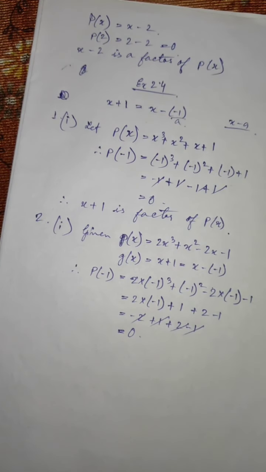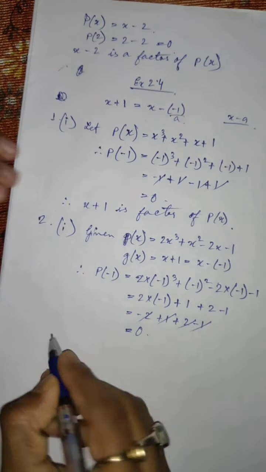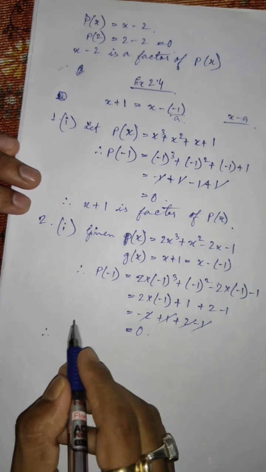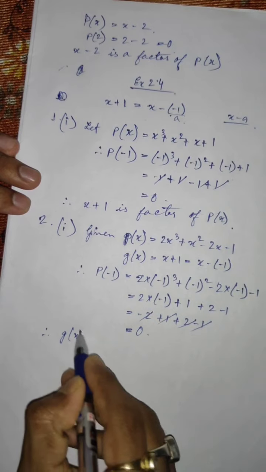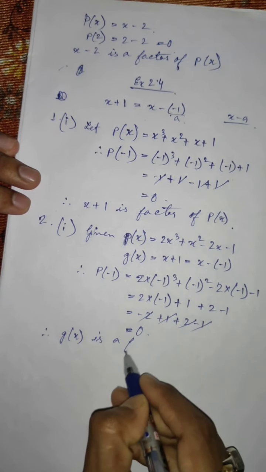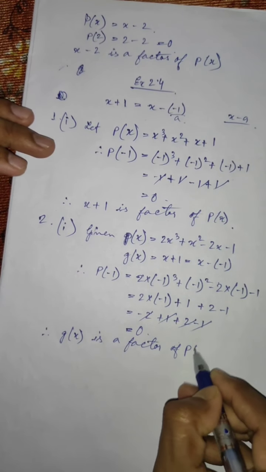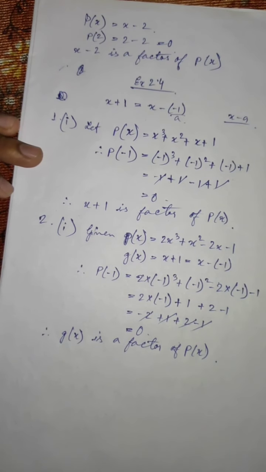So again we have got p equal to 0, therefore we can say that g(x) is a factor of p(x). Okay,